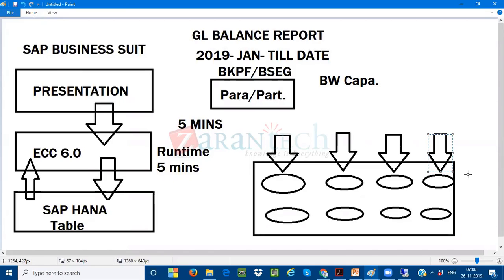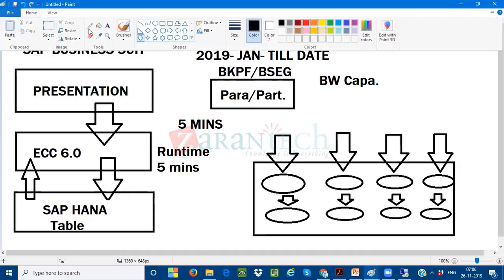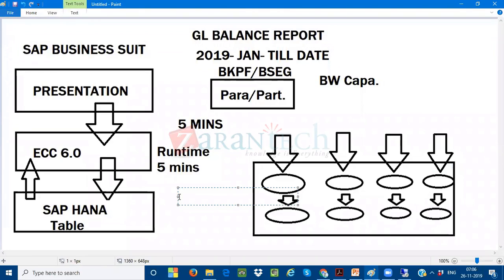So what is happening now? I'm bringing in the concepts of parallelization and partitioning. Because of them, the same query is automatically split into multiple queries, and each query goes to its own processor. Earlier it took 5 minutes. Now, in no time, you cannot even expect 10 seconds, it is less than 10 seconds, I get all the data from the processors.